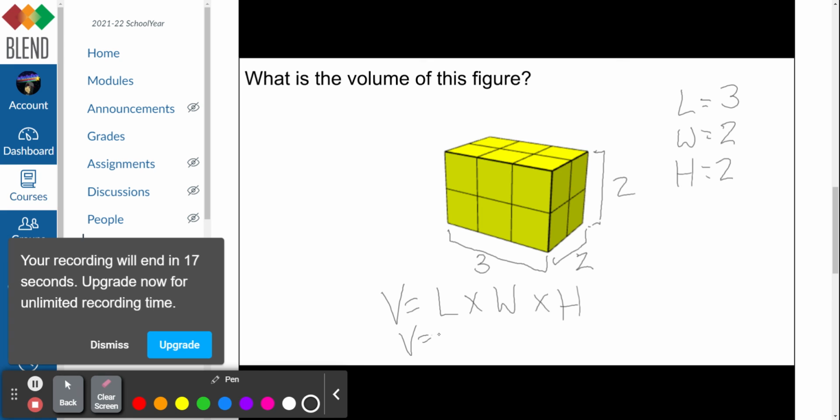So we're going to do volume equals 3 times 2 times 2, which means that volume is equal to 6 times 2, which means that volume is 12 cubic units. So I want y'all to count the cubes and see if you get the same answer and come back and